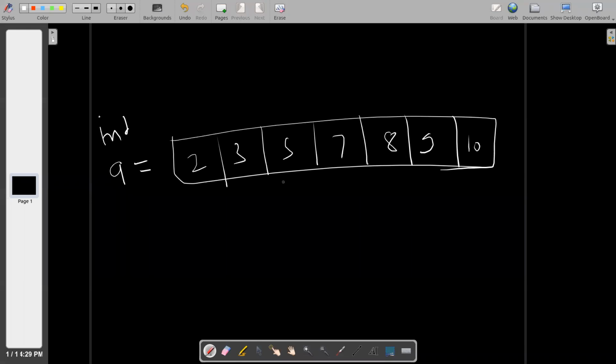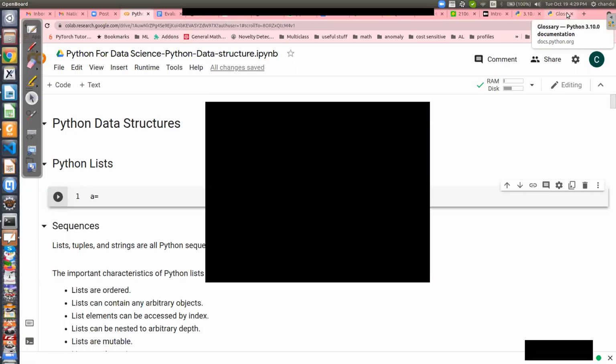We declare a data type, what kind of data you want to store in this array, and then these items are stored in a contiguous location in the memory. So in C programming, an array is a collection of similar types of items stored in the memory.